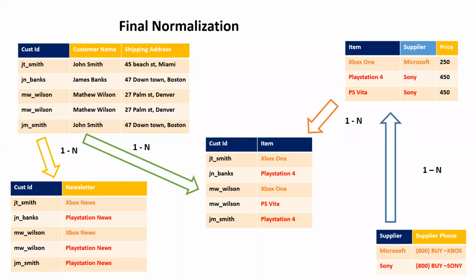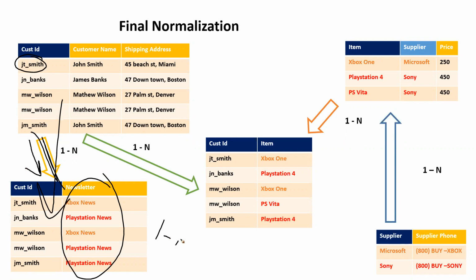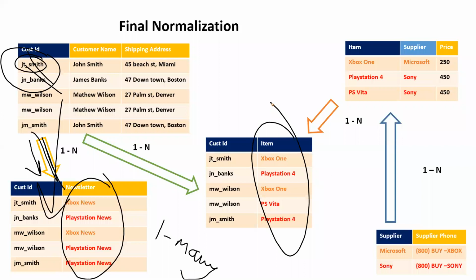Now, as this is my final normal form, I am able to tell the relation. You will see the relationship, the entity relationships. Can I say that it is a 1 to n relation? A customer can have n number of newsletters possible. So this relation is 1 to n, 1 to many. Okay, so this is my 1 to many relation. Same way here, there are chances that a single customer can purchase multiple products, pretty much possible. That is also a 1 to many relation.